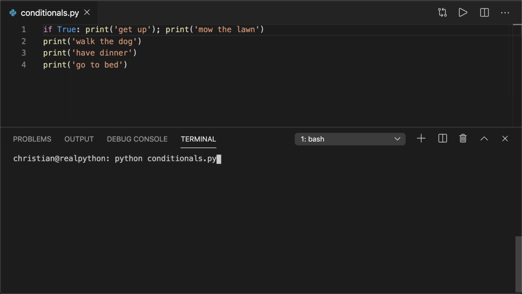So let's see what happens when I run this. So you can see everything ran correctly. I didn't get any errors. My IDE also didn't complain at me. And the way this worked is the conditional expression gets evaluated, the Boolean gets evaluated, in this case it's true,